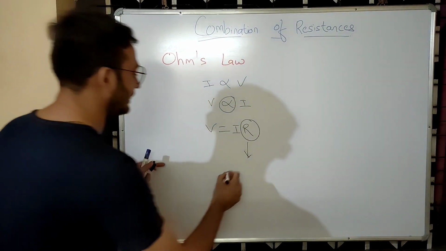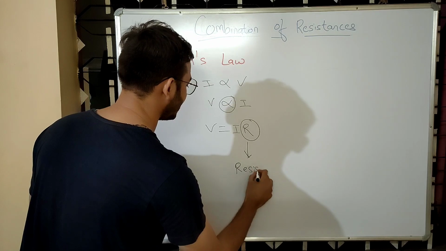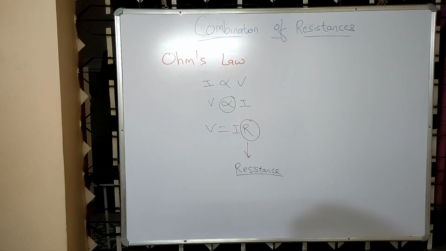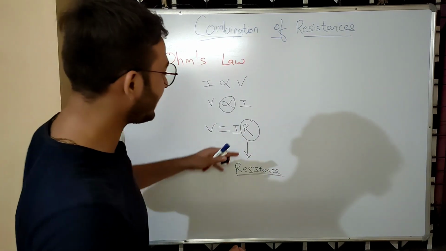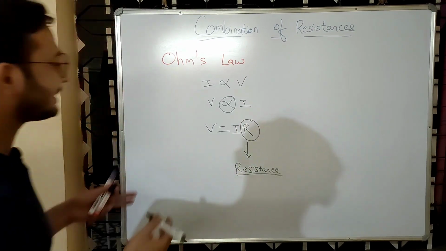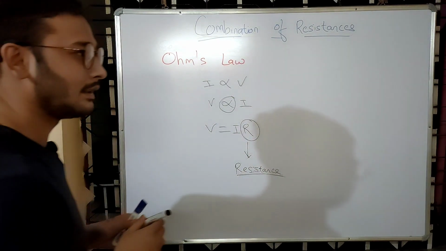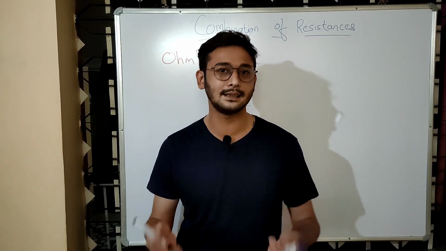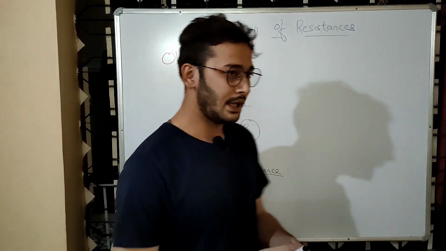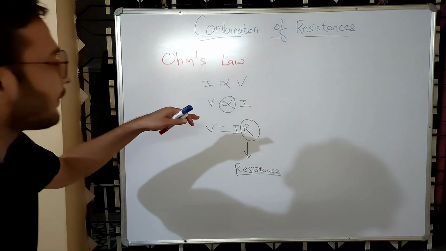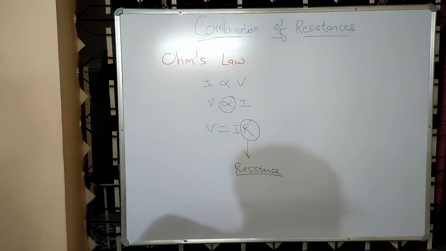R is resistance. Now what is resistance? जैसा काम, जैसा नाम वैसा काम. Like what does it do? It stops current to flow. It provides resistance to the flow of current. Like in your life also you are having many things that don't allow you to study. You are having many resistances in life. Similarly, in Ohm's law also, current को फ्लो होने से जो क्वांटिटी रोकती है, that quantity is known as resistance.